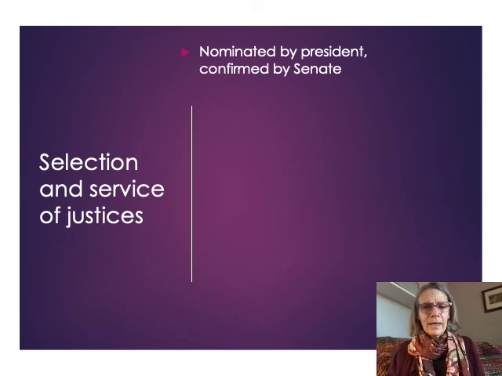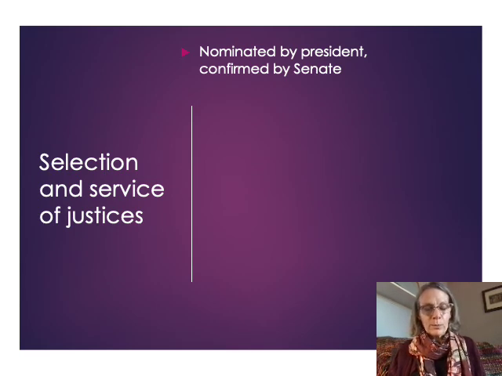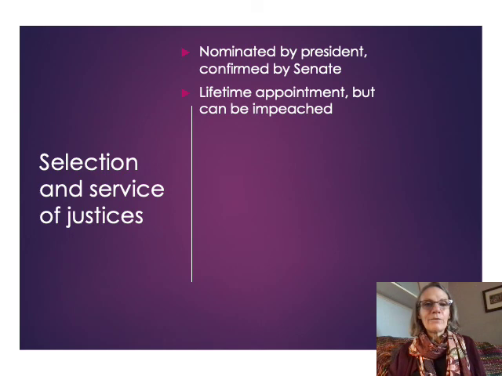But oftentimes, the vacancy doesn't come as a result of death, but due to a justice retiring. Right now, liberals are angry that one of the older justices on the bench, Associate Justice Breyer, hasn't stepped down. They want him to step down because they want President Joe Biden to replace Justice Breyer, because Justice Breyer is a liberal judge. But despite his age, Justice Breyer, much like Justice Ginsburg, said, nope, we're going to serve until we don't want to serve anymore. So we'll see what happens with that in the future.